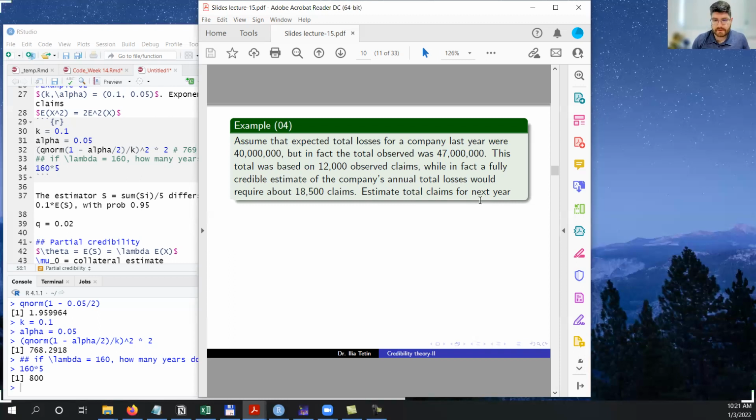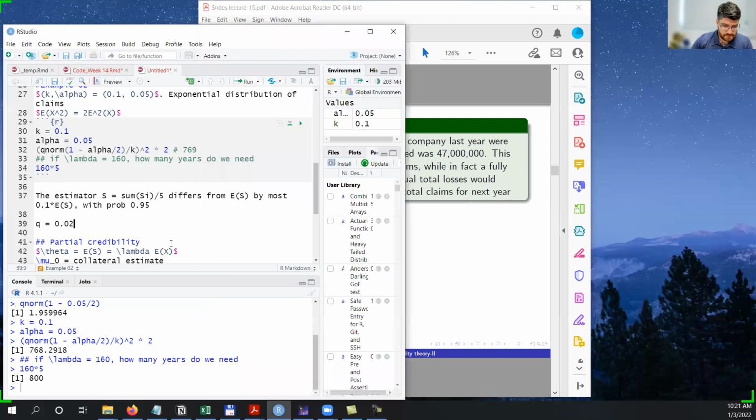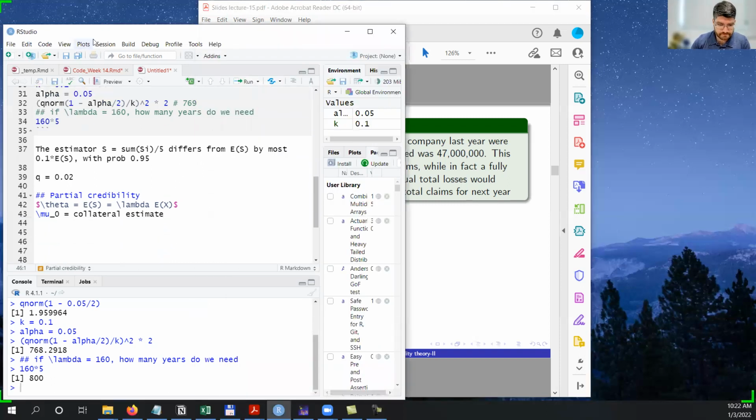So this is a typical situation for the company. We were expecting that the losses will be 40, but they are actually larger. So how can we understand what will be the losses for the next year? And we have only limited information to decide. So let's use